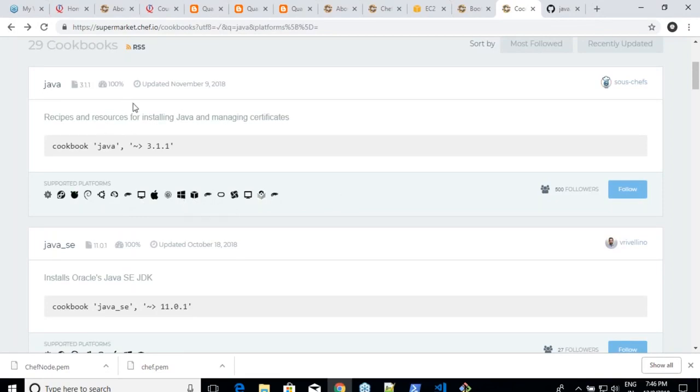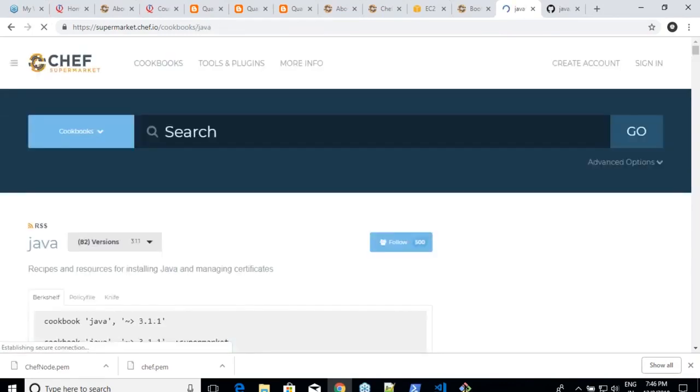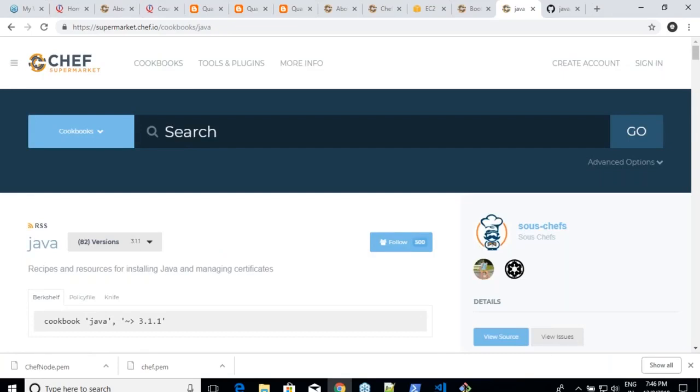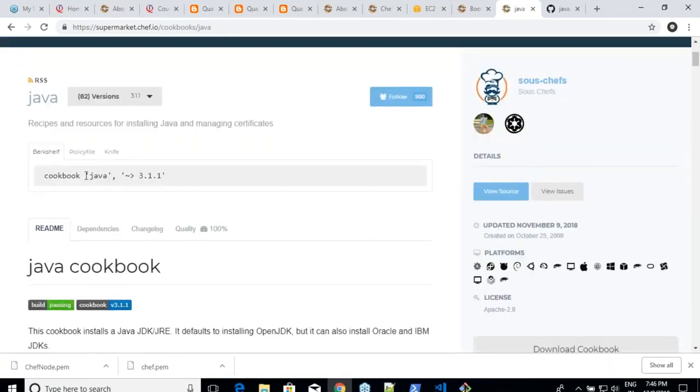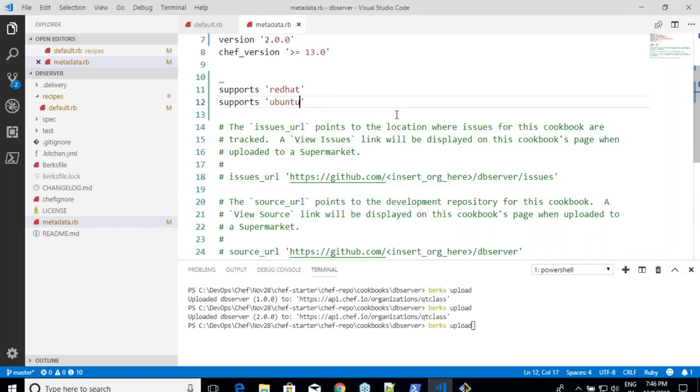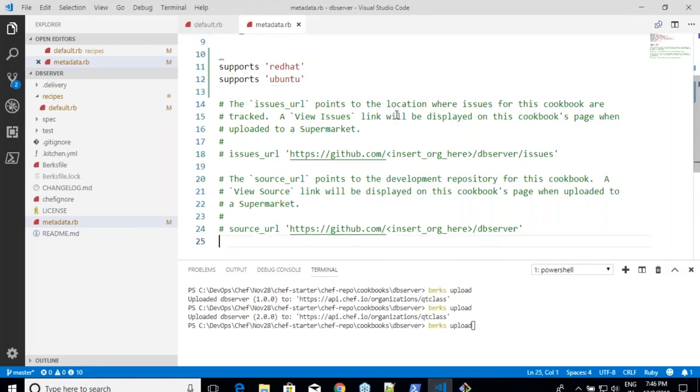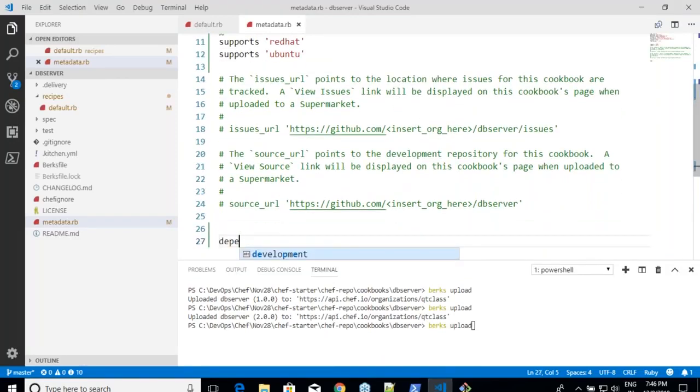So it supports all of these environments. All right. Now get into this cookbook, and the way to use a cookbook, first thing is, if you want to use this cookbook, are you seeing this stuff over here? Copy this, get into your own cookbook, and write a statement saying depends, and paste this as well.